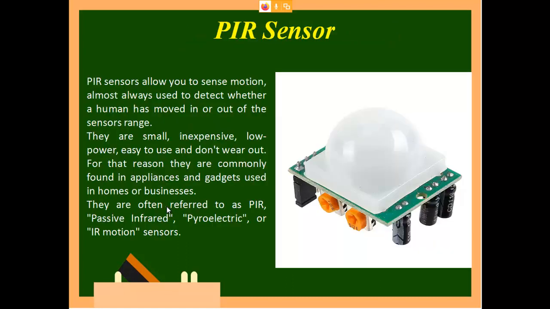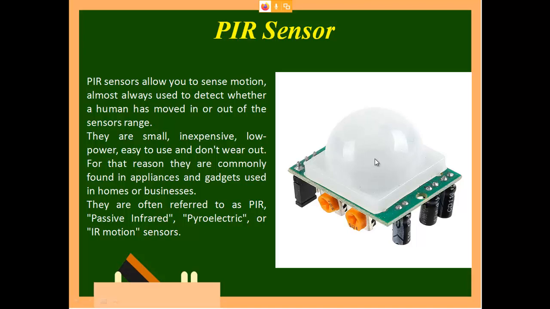So let us start with passive. You might have heard of the PIR sensor. The PIR sensor costs around 300 to 350 alone. You can buy it. On top of the sensor, a plastic cup is there. This cup we call a special type of lens. I will tell you what type of lens it is. So this is a lens.